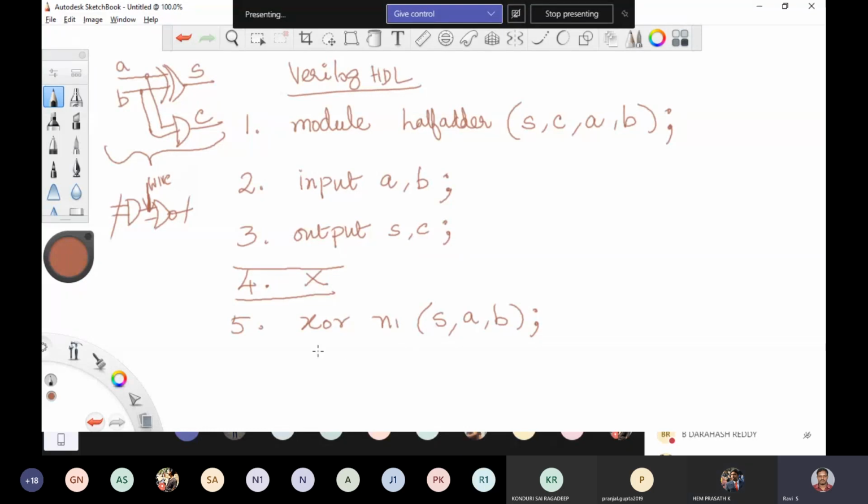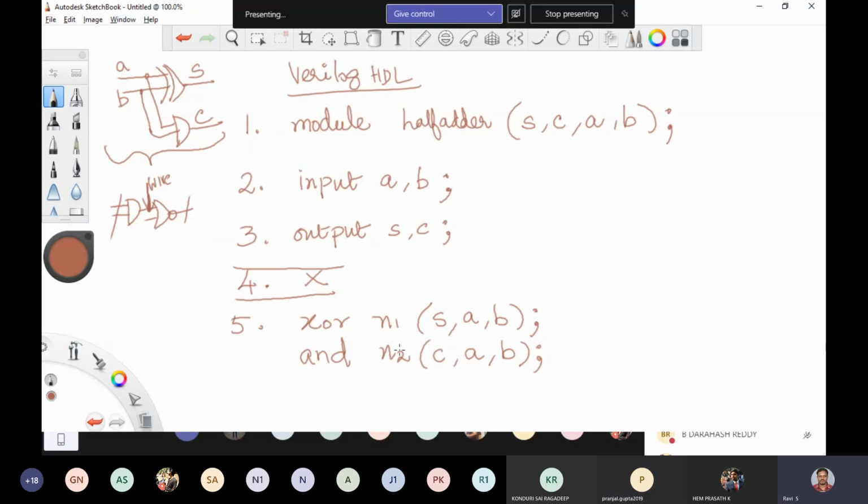Now for making carry, I have to use one more logic gate. That logic gate is what? AND. Let me put my instance name of AND as N2. Output of the AND is C, carry. Input of the AND is A comma B, ended with semicolon. What it says, A, B input is connected to AND logic gate.